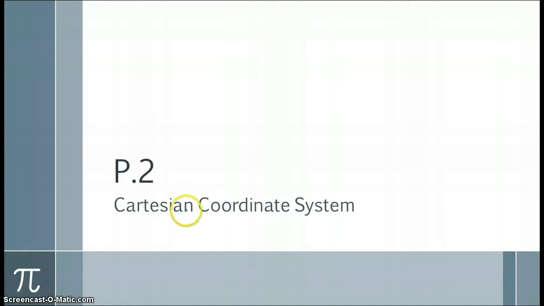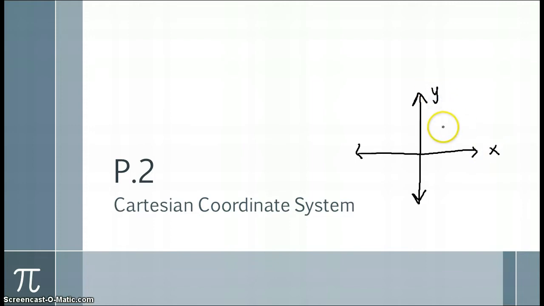Today we're going to be talking about the Cartesian coordinate system. Before we get into that, let's remind ourselves the Cartesian coordinate system is made up of the x and y axis and all of the points that go along with them. Again, just to remember, x is our horizontal axis, y is our vertical axis, and it divides our area